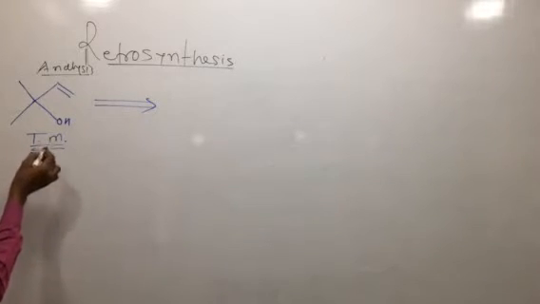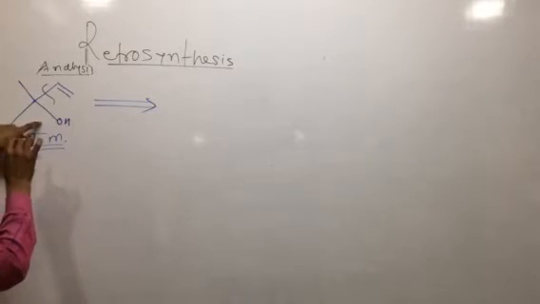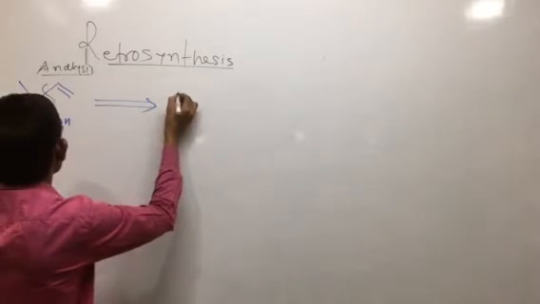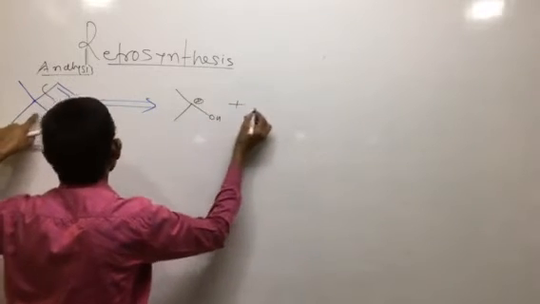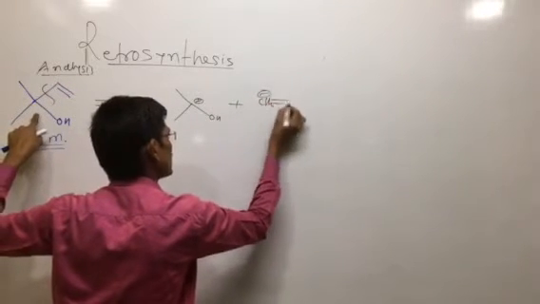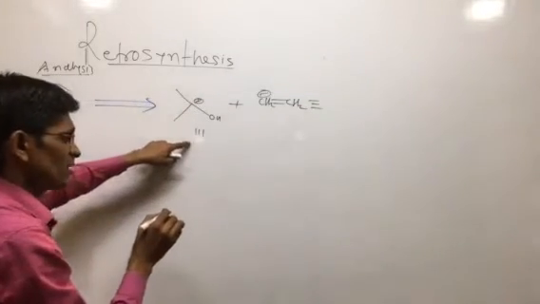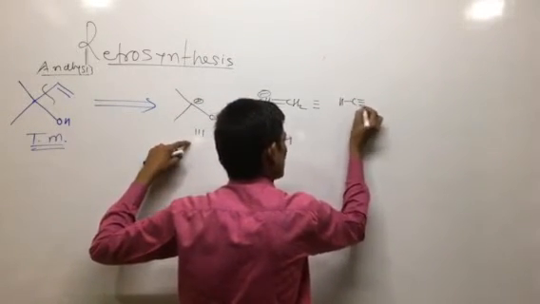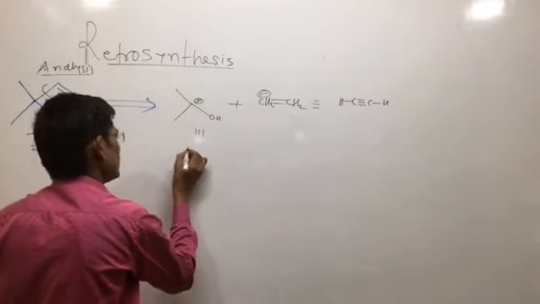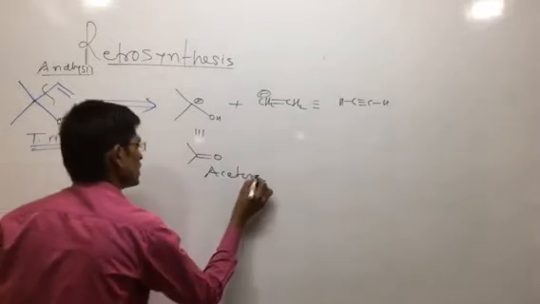First of all, these compounds which are having this CC disconnection. If you want the CC disconnection, what happens? Here, formation of this type of synthon, positive charge, this CH2 negative charge, double bond is here, and this is the synthon. What is the synthetic equivalent of such species? The synthetic equivalent is HC triple bond CH, acetylene, and this is C double bond O, this is acetone. So this is the acetone.